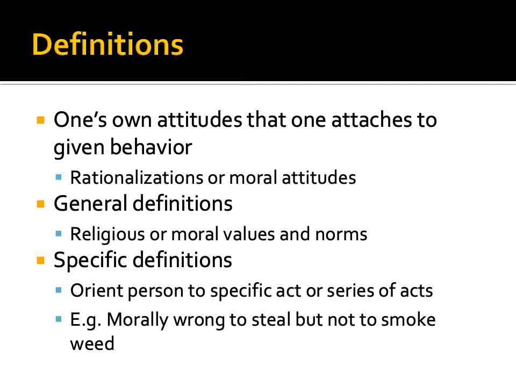These definitions, favorable or unfavorable to crime, are one's own attitude that you attach to any given behavior, a rationalization or a moral attitude. It's okay that I drink underage because it's college, everyone drinks. I knew people in college who felt this way, and I'm certainly not suggesting that I agree with this by any stretch of the imagination, but they said you can't binge drink in college because it's college. That's a rationalization to say it's okay if I drink a lot. Now, that's wrong, right? It's obviously not good to binge drink, but that's how people sometimes rationalize that kind of drinking behavior. There are general definitions and specific definitions also.